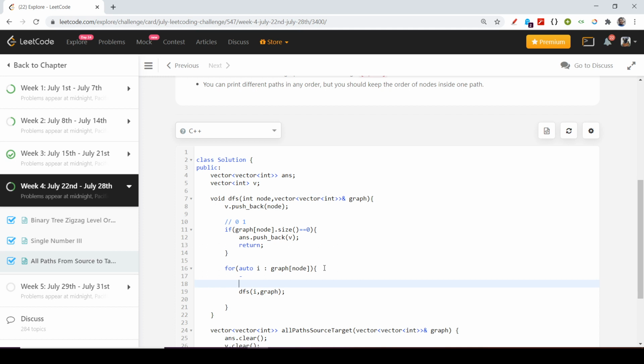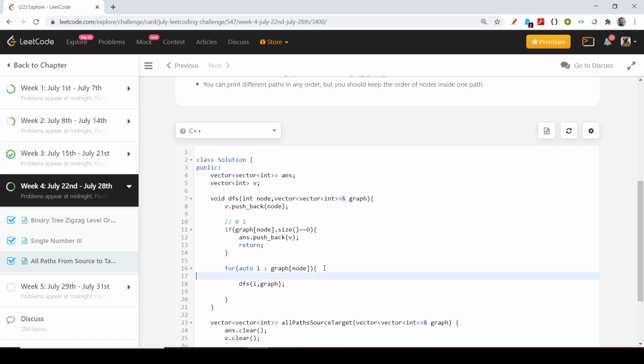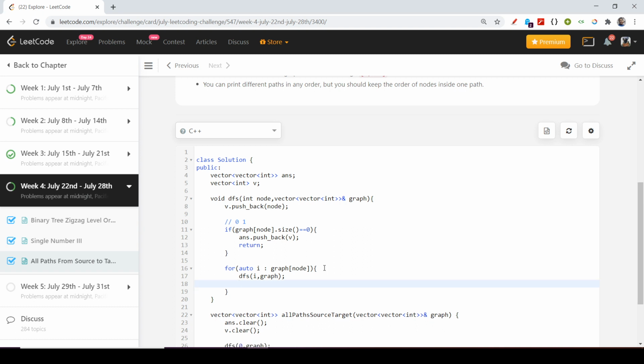But when I am moving from down to up, whatsoever I want, I will write below it. So I will write it here, v dot pop back, which means I did not want this 3 here. I only wanted this particular element while returning back to dfs of 1.